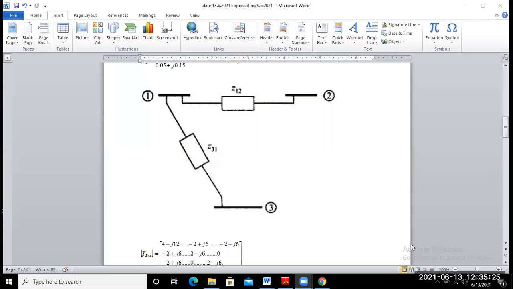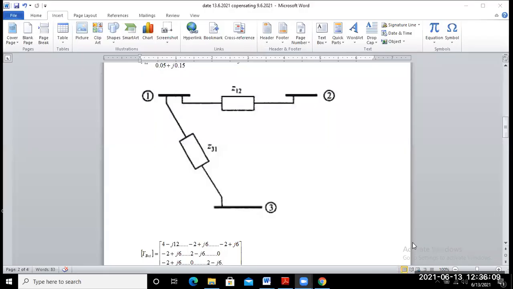Okay. So you may solve some numerical problems, maybe various types of problems. You may solve a lot of problems given in a book. So you may follow that one. Doesn't matter. Okay. Just practice some more problems, and then you will be more confident in the examination hall. So we try to concentrate on how we can find the Y bus admittance matrix.